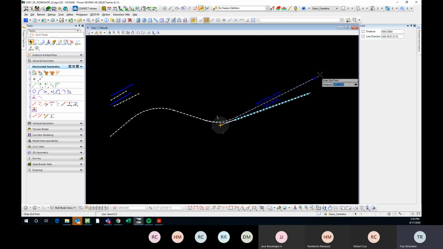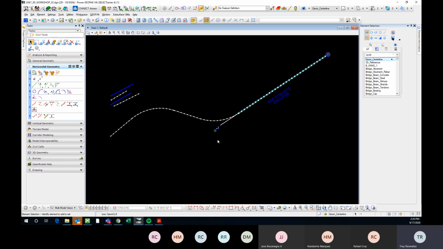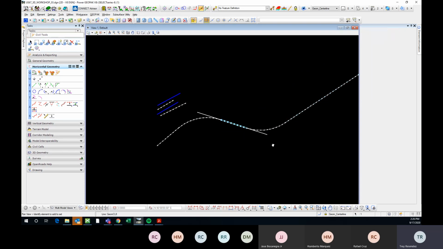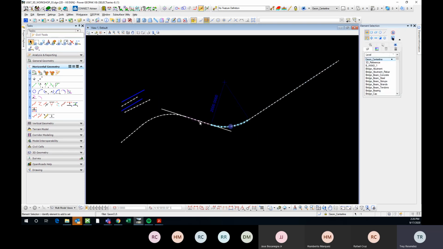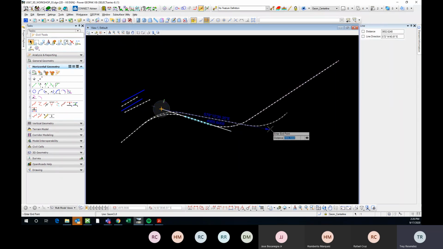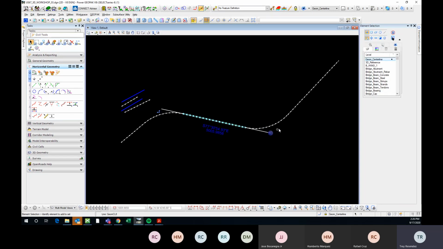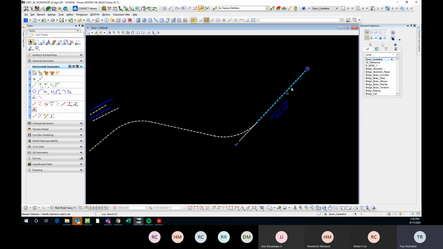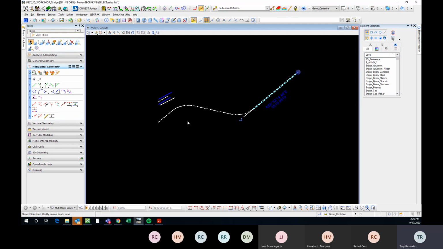We can come here and move these. And in this case, for these two tangents, we'd make sure to move this one since this was the first one that was drawn, and everything gets updated here. Right, so